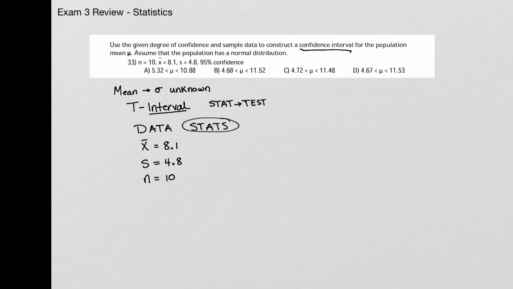N is the sample size, and that's 10, which is a little bit of a red flag. Usually the sample size should be greater than 30. So I have to go back to the problem and check and make sure that the population has a normal distribution, which it does. And that allows us to have that smaller sample size. Finally, the C level is 95, or you can type in 0.95. Either one will work. So the calculator reads them both as 95%. And once we enter that,